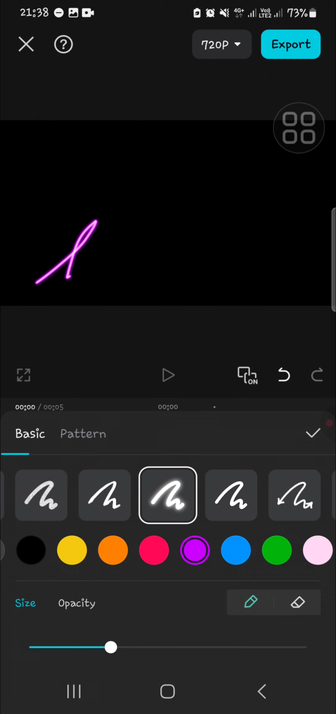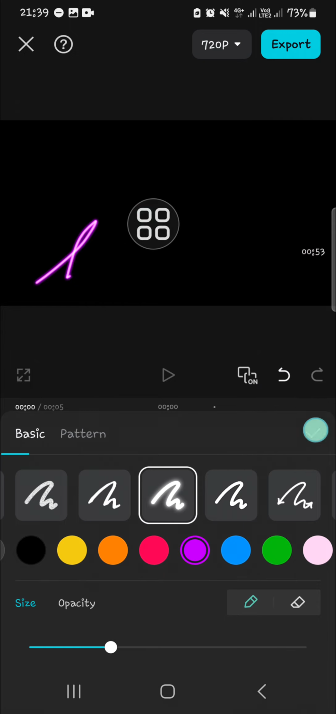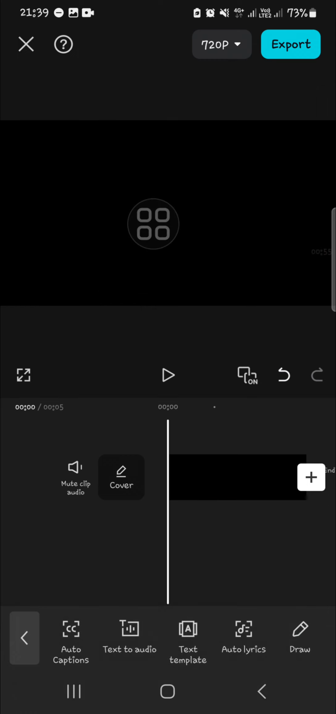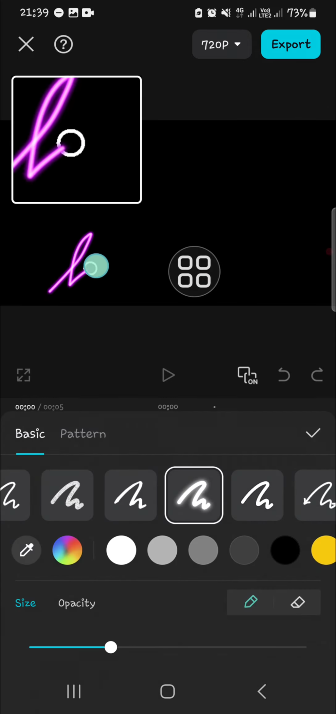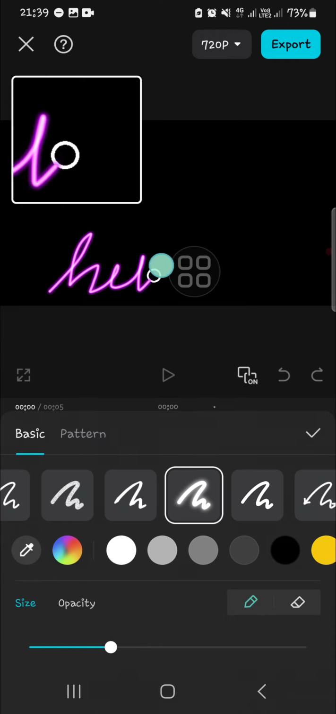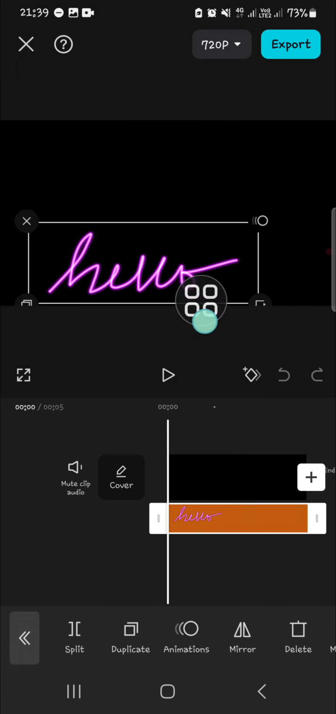draw. But don't forget to take a screen recording of this drawing. Wait, I'm just going to delete it. Okay, don't forget to record your screen, and then you can draw on this black background. Okay, just like this guys, and then click on the check mark and you can stop the recording, and then